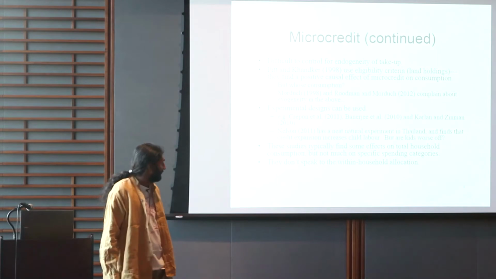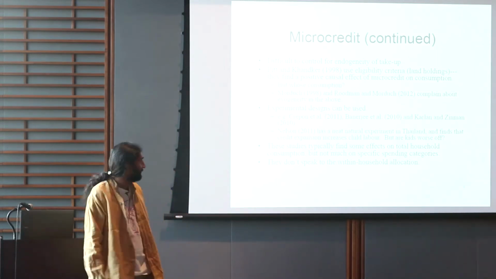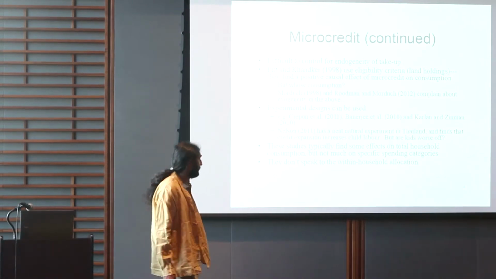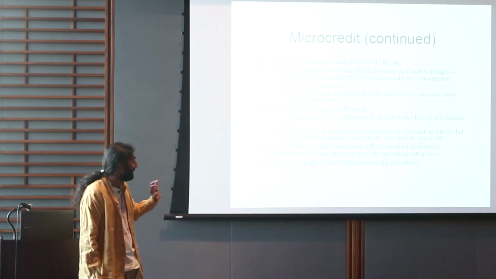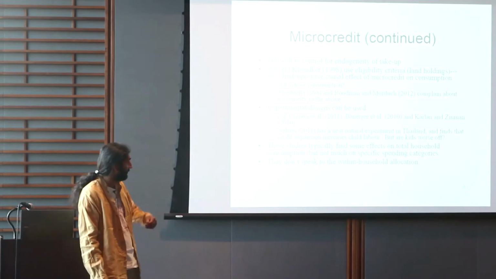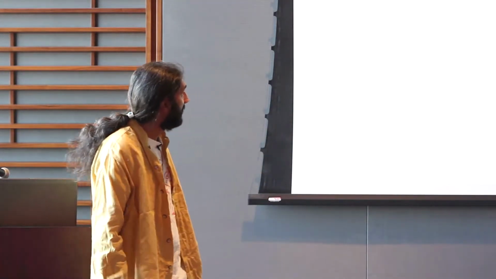And these studies typically find sort of smallish effects on household consumption and not much effect on specific categories of household consumption. And they typically, I mean, with just a couple of exceptions, have very little to say about the within-household distribution of consumption. And that last thing is what we're going to focus on today. And we're going to bring some instruments to the table so that it's not obviously terrible and might have something real to say.